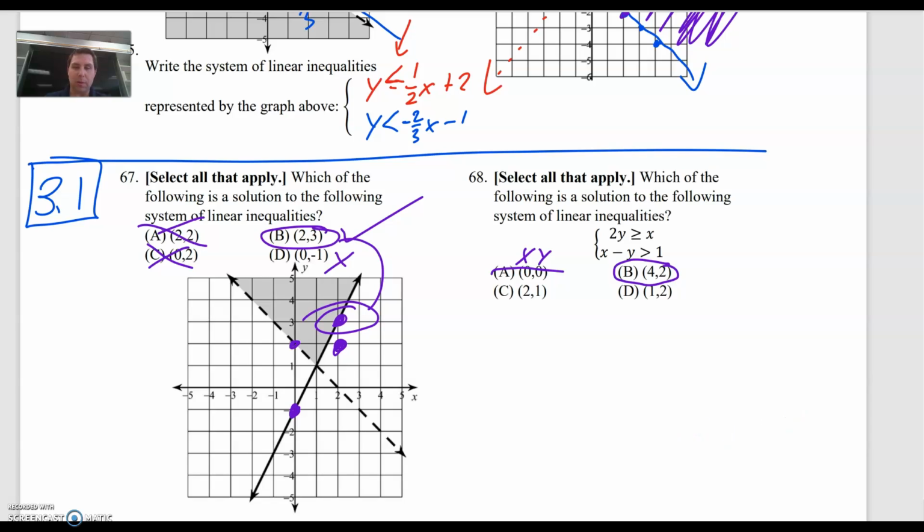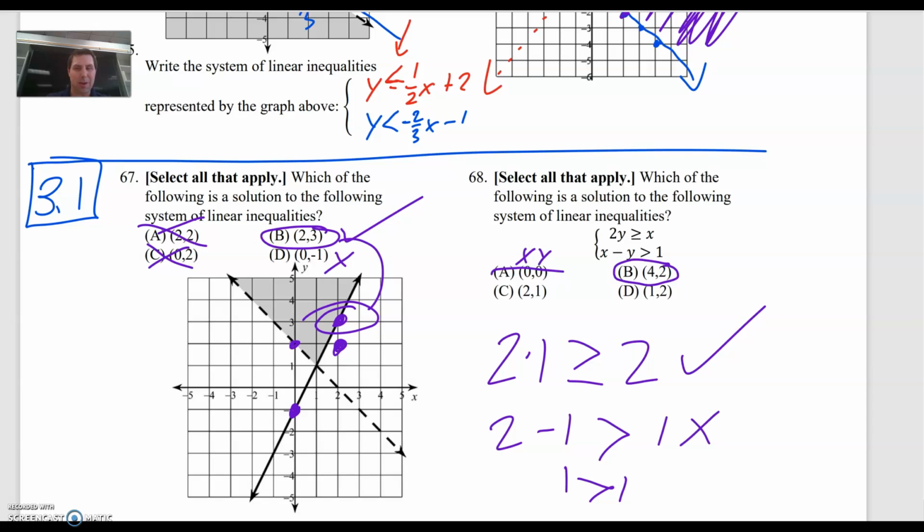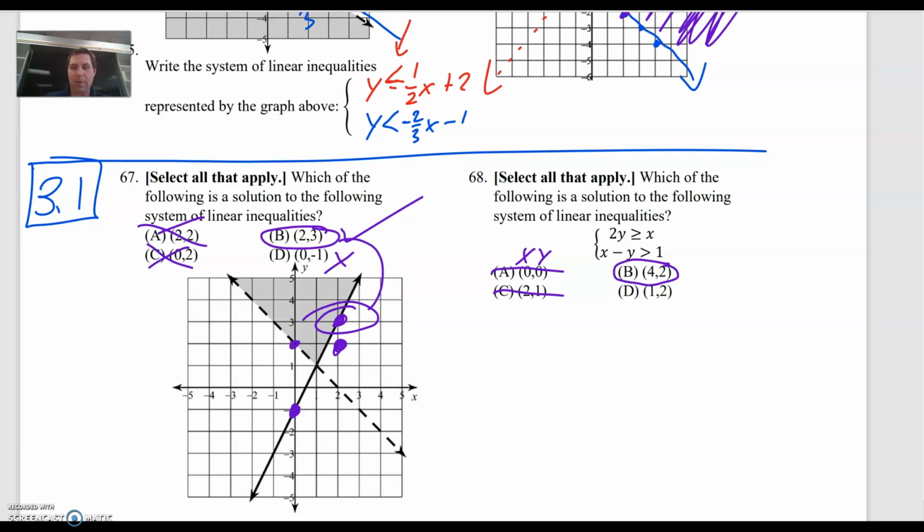Let's go to C. Let's try this one. So x is 2, y is 1. So I plug in 1 for y, 2 for x. Notice we get 2 times 1, which is 2. Is 2 greater than or equal to 2? Yes. So it works for the first one. But then the next one, this is a little tricky. 2 minus 1 is 1, but 1 is not greater than itself, so this one does not work, so that one's out. And finally, in the last few seconds we have, if I replace 1 for x, 2 for y, 2 times 2, is that greater than or equal to 1? Yes, but then for the second one, you get 1 minus 2. This is -1, and that is not a solution. So the only one is